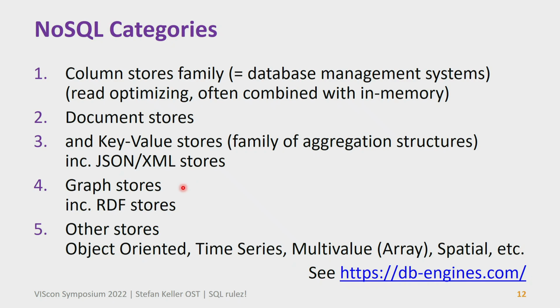And that includes RDF stores from the knowledge graph, the Resource Description Framework from the knowledge management people. And finally, I put all the other ones which came up into a fifth category, which is object-oriented. Still about there, but few implementations left these days. Time series, very hype. Multi-value stores, very hype, and actually